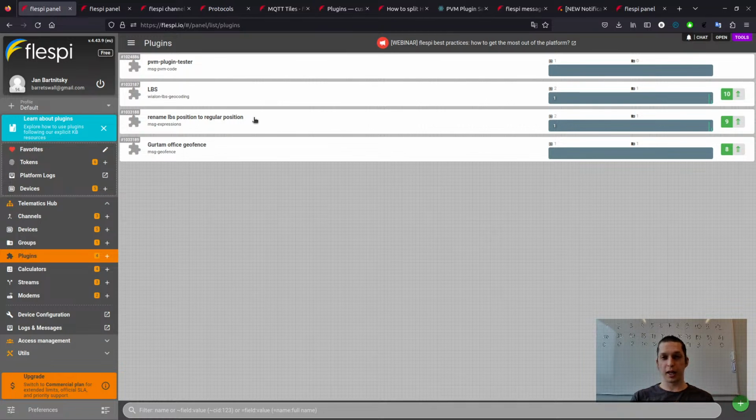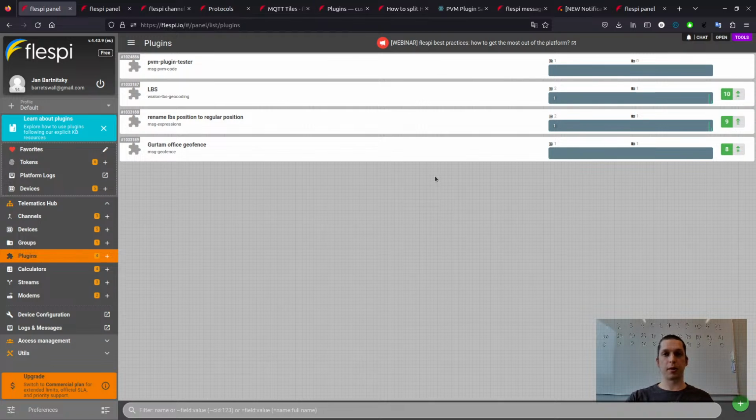And really, plugins are super cool because you can not only do some modification that is predefined in the platform or request some other data. For example, you may insert address data based on location, so-called reverse geocoding, with several types. So once the message is registered, the plugin will go to some third-party service, get the address, and inject it in the message. So you will receive it in your platform.